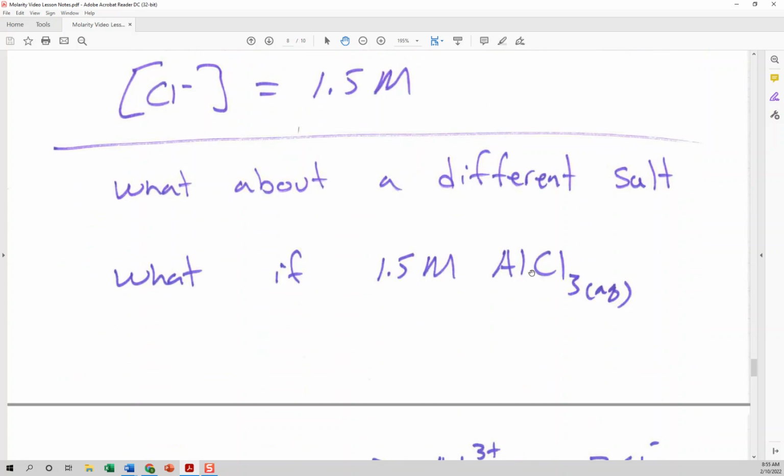So the reason why this is going to change a little bit is the subscript for aluminum is 1 in the formula of aluminum chloride, but the subscript for chloride is 3. There's 3 chlorides for every 1 aluminum. All right, so how should we